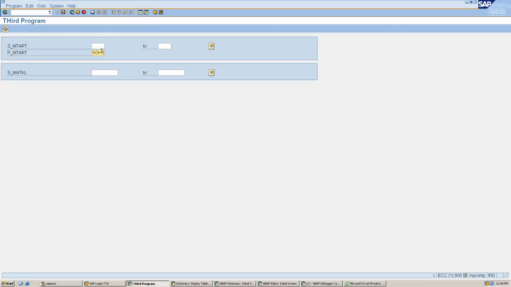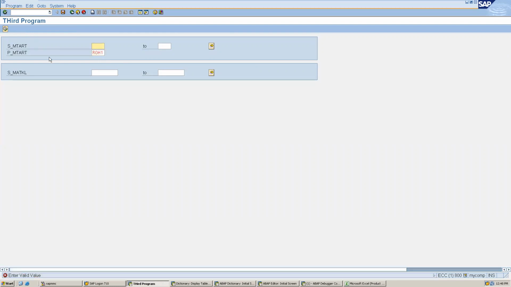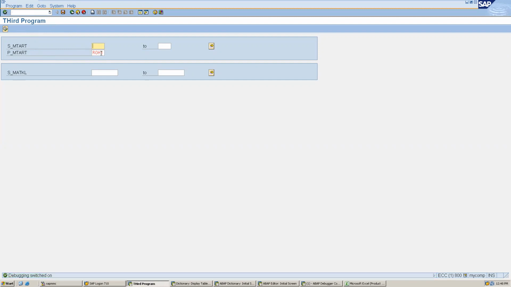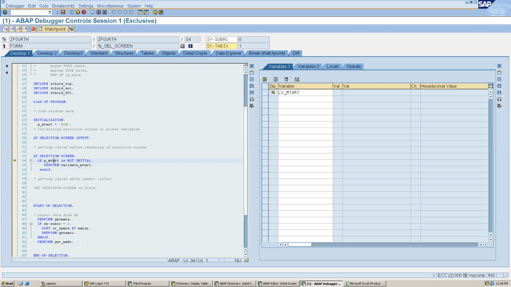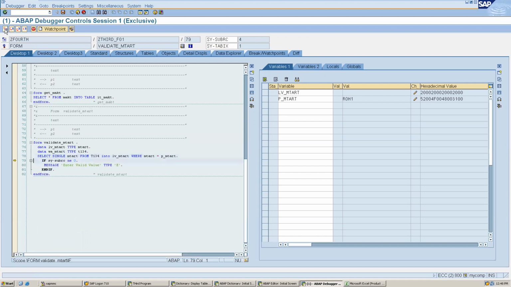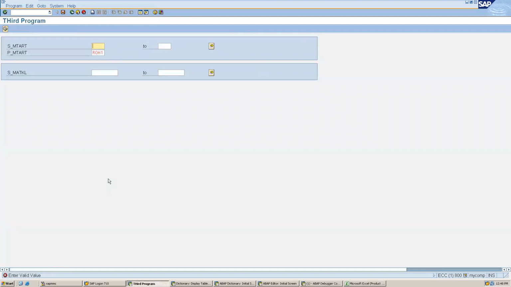But when I put ROH1, for example, and press enter, sorry, I have to put the debugger first. If I press enter here, then in this variable we have ROH1, and when I get inside this and select, I will not get anything here. So you can see this is blank, and the value of size versi is 4 because it has not returned anything. So in this case, it will go inside and give the error. Okay. Simple.